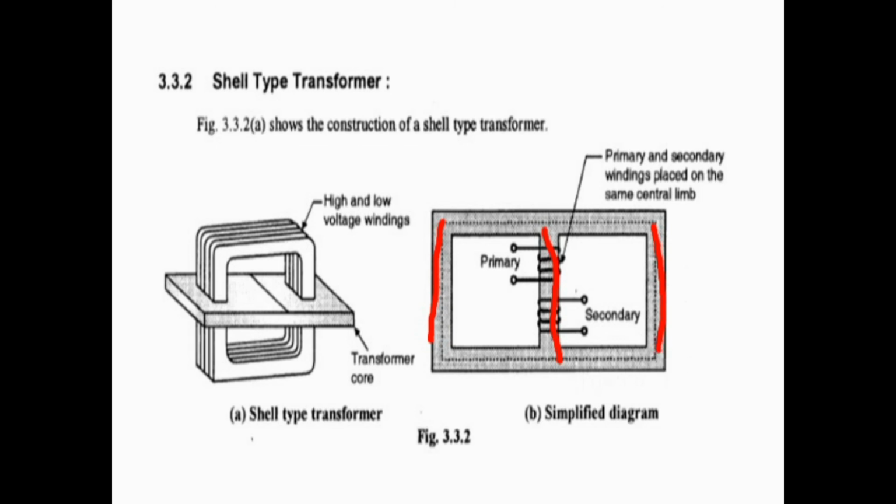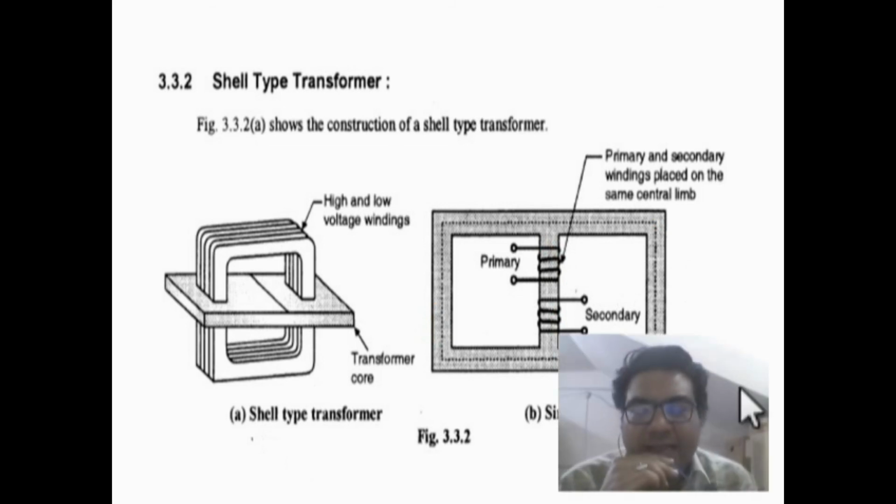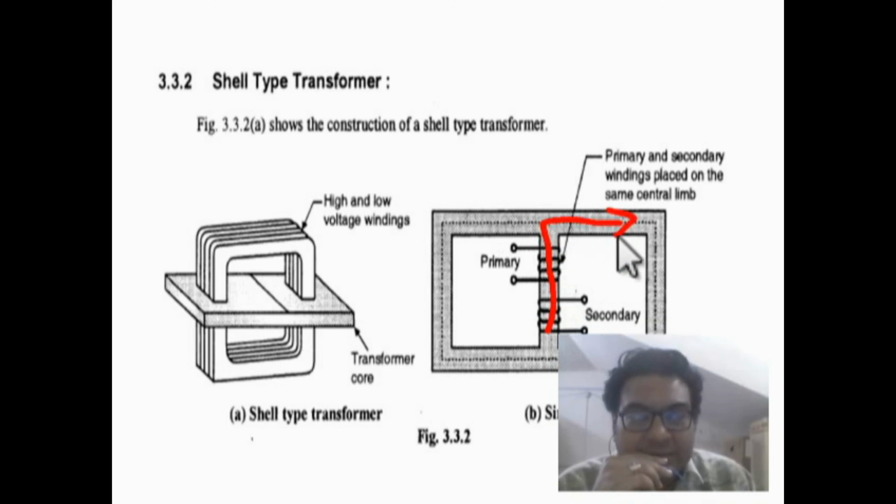See here. So guys, there will be both the windings, primary as well as secondary, both wound on the central limb of the transformer. Both windings are wound on this middle core, guys. So this forms the primary circuit as well as the secondary circuit, and whenever you supply current in the primary winding, flux starts flowing from here, and it will be divided into two parts. It will flow in the right side section as well as in the left side section.